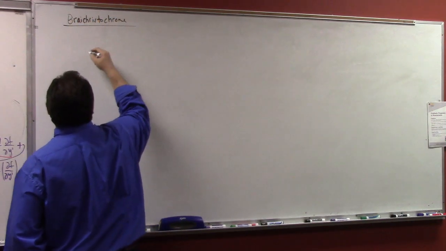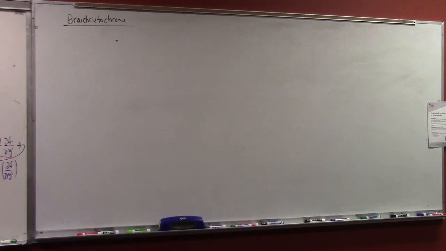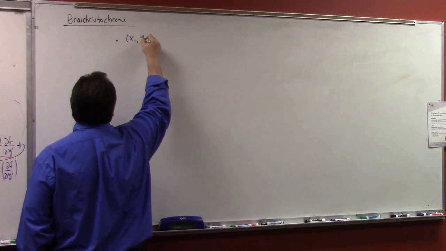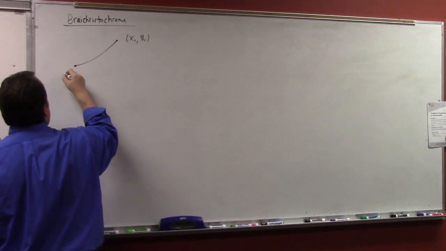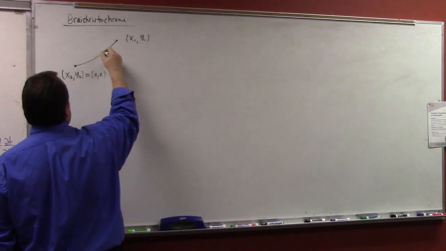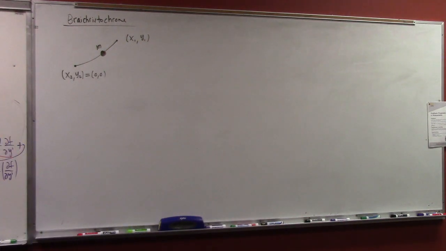That is almost certainly spelled wrong, but the basic thing is you're starting at the point x1, y1, and we're letting it slide to the origin just to keep things simple. All right, x2, y2 equals the origin. So there's some mass, some bead with mass m, that's sliding down this wire, all right? And the question is, what's the curve of quickest descent, assuming that it slides without friction?